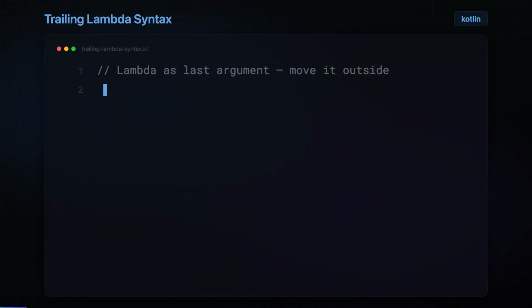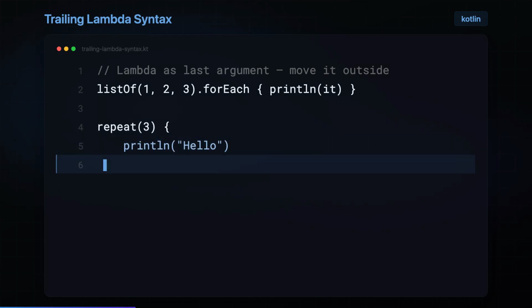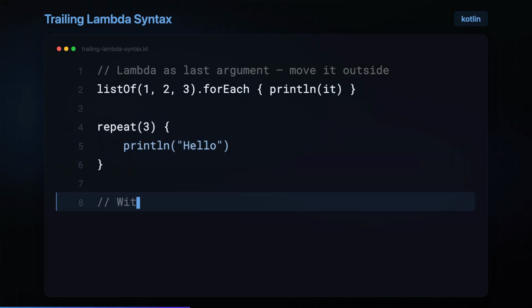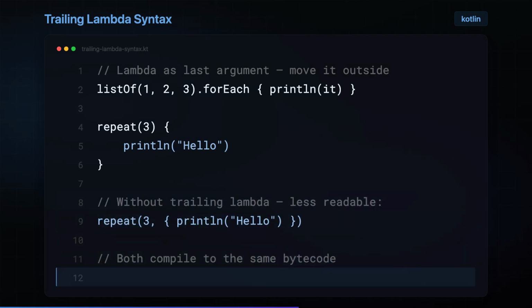Move the last lambda argument outside the parentheses, zero extra syntax, same compiled bytecode. Drop the parentheses entirely when the lambda is the only argument. This trailing lambda rule is why Gradle's dependencies, Ktor's routing, and Compose's Column look like built-in syntax, but are regular